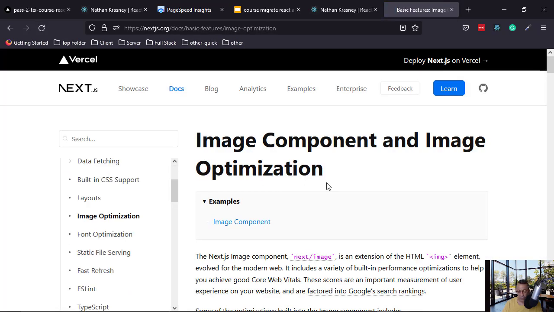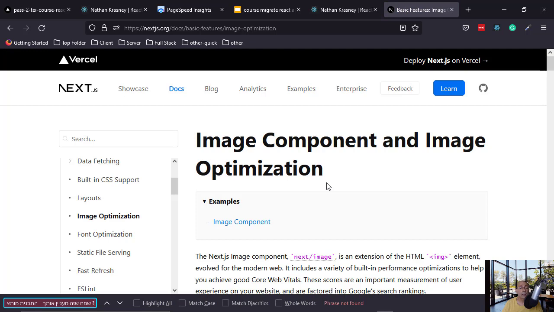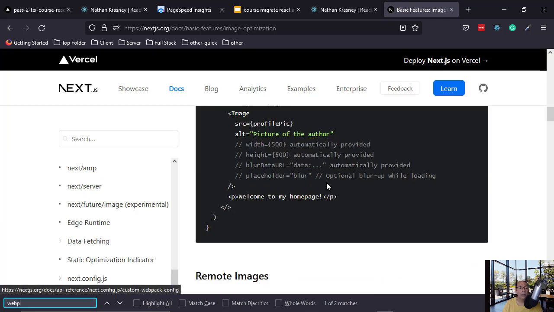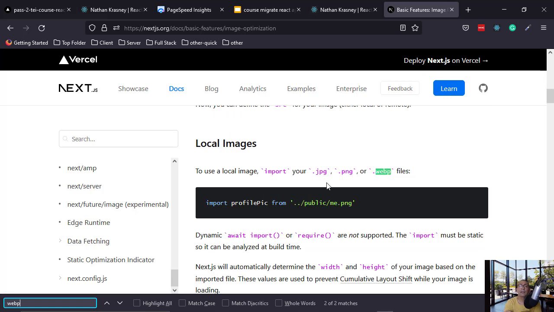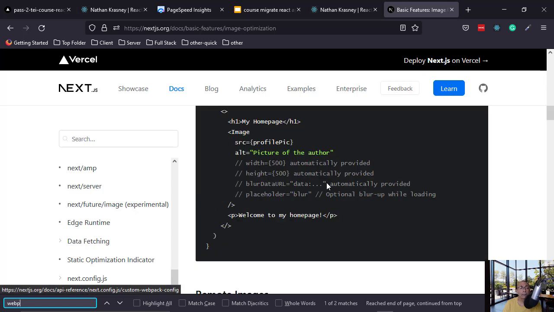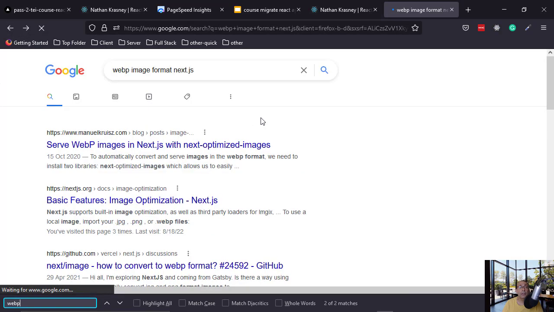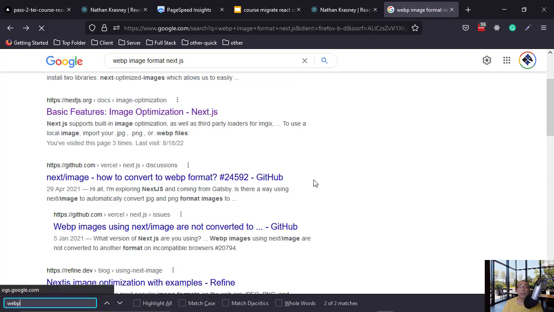you see that under image optimization, WEBP, okay, so I do not see it in more of the documentation, but it is obvious that we have the courses